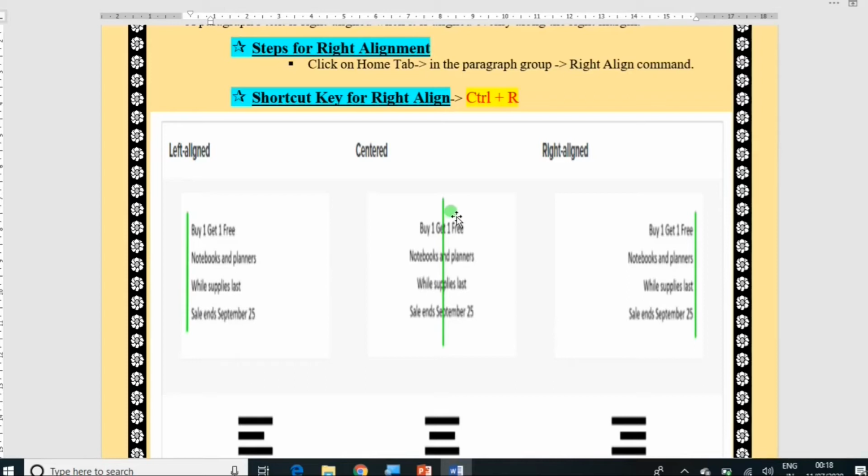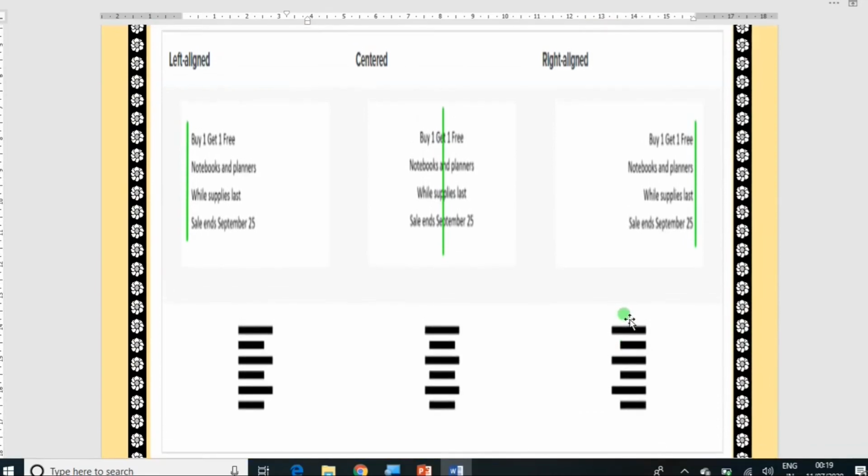That's why you get this text in the center. You can relate to the central vertical line. Now in right alignment all the text is aligned towards its right margin. I hope you understood this figure, which helps you relate this example clearly.